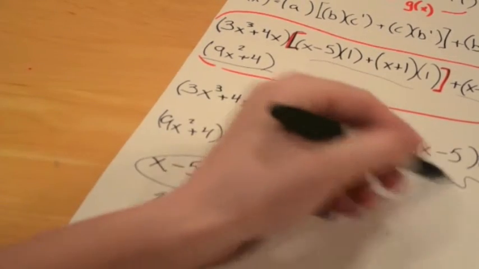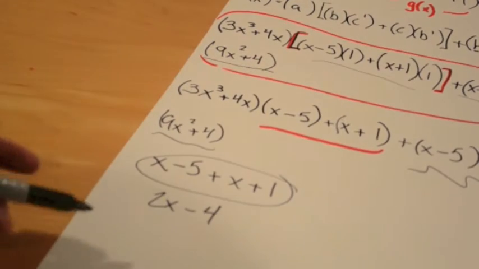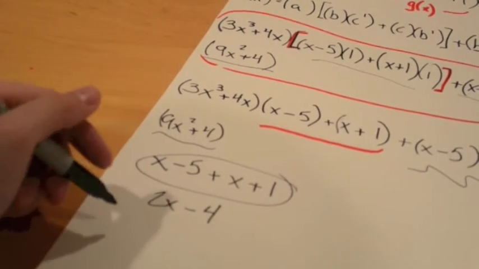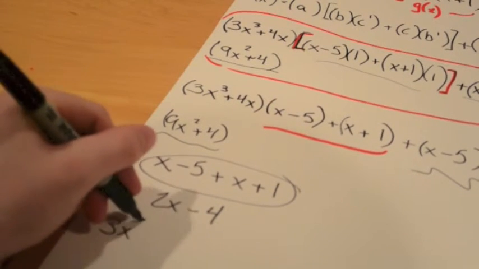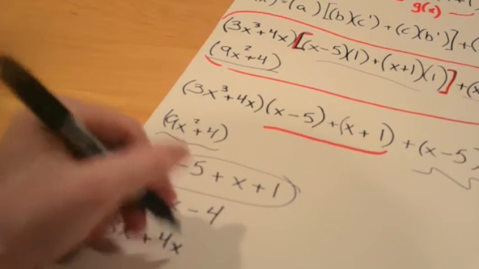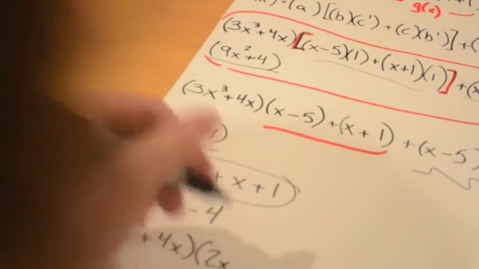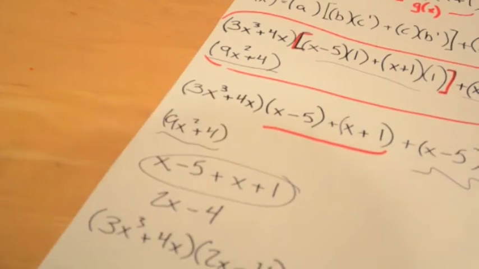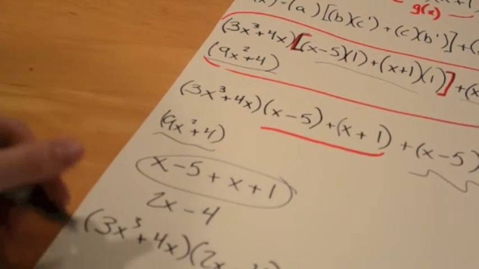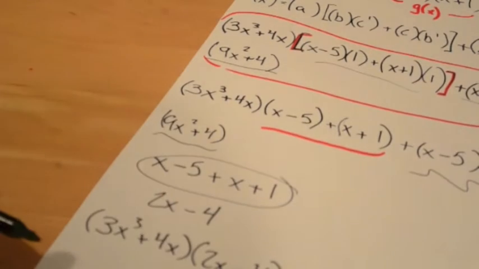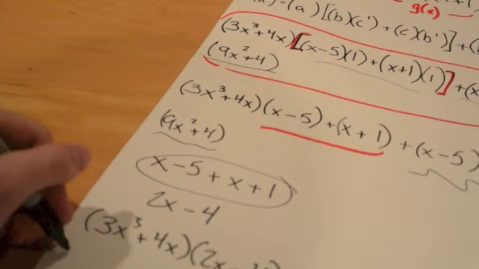Just ignore all this stuff right here. x minus 5, x plus 1, that right there. Try and ignore that out of the problem, but still keep it in the back of your mind. Okay, now 2x minus 4, you're going to multiply 3x to the third plus 4x and multiply that by 2x minus 4. Okay, now when you FOIL that out, you're going to get a lot of numbers here actually, and it's going to take up some space. So it's going to equal,